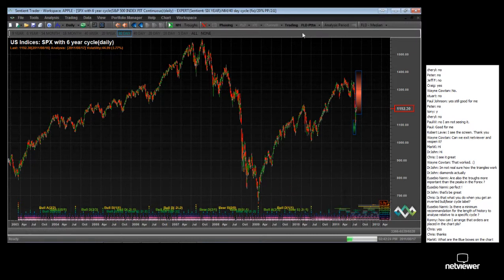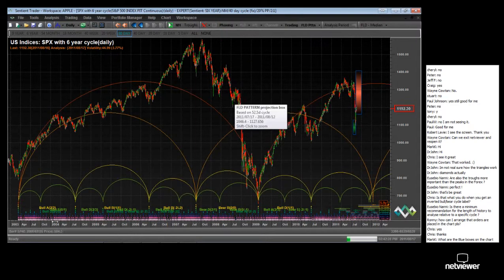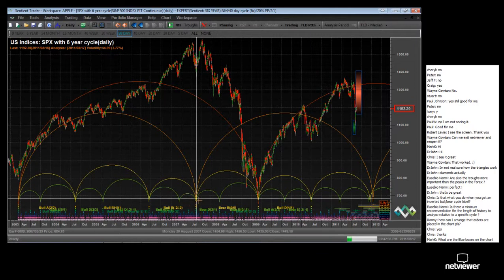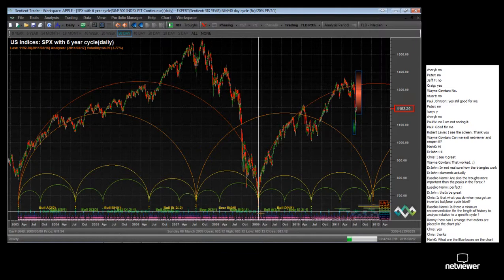In fact, let me quickly show you that nominal model. You can see the longest cycle is 9 years, then we have a 6-year cycle, then 54-month, then 18-month, and so on, all the way down to 5 days. And I performed an analysis using that nominal model, and if I turn on the semicircles, it presents something really very interesting. First of all, it finds a 4.5-year cycle trough in 2003, as does the other analysis. It finds the next one in August of 2007, exactly as does the other analysis. It then finds the next 18-month trough in March of 2009, exactly